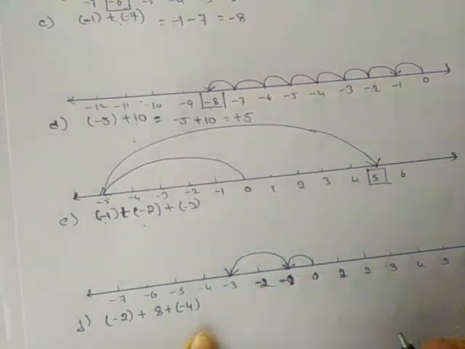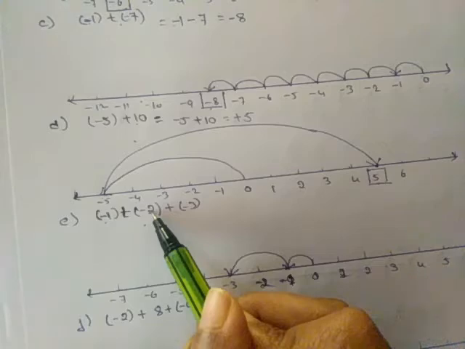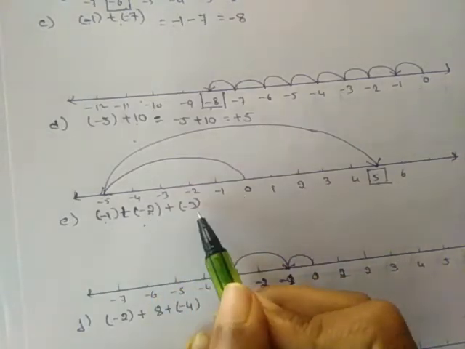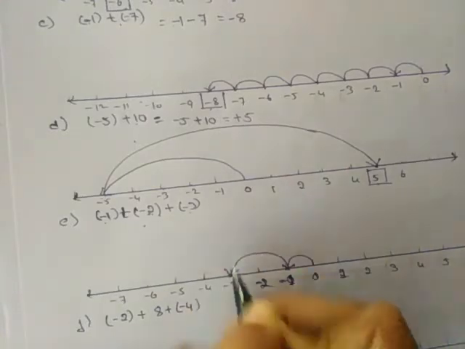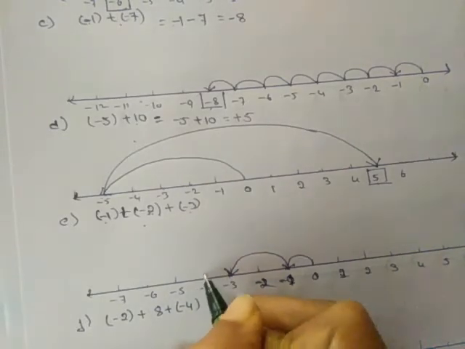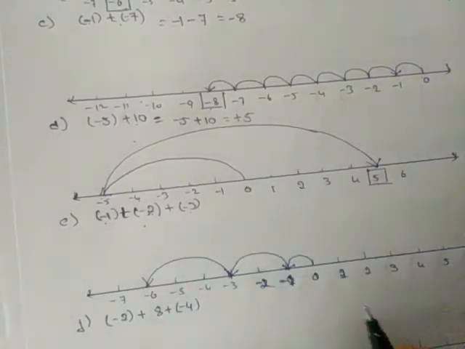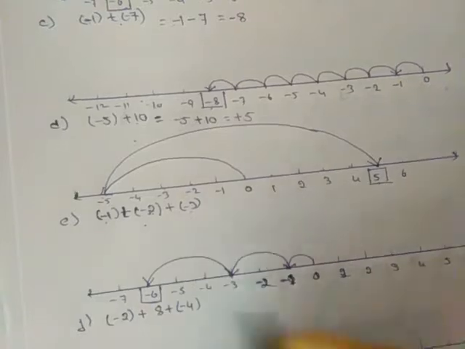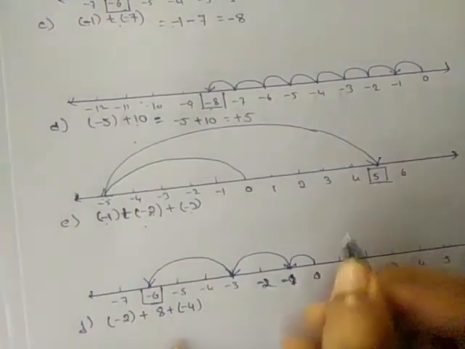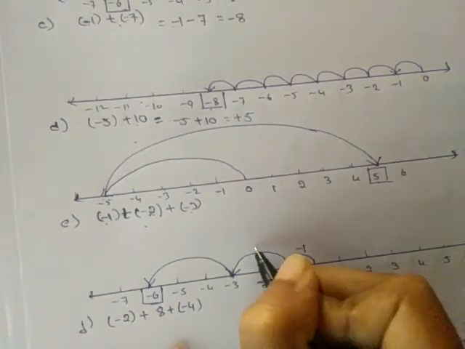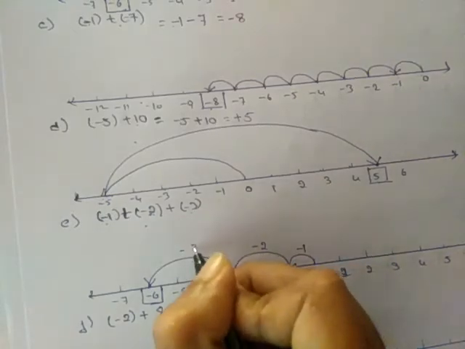Okay. Then again from minus 2, again from this point we need to move minus 3 steps. From here we need to move again minus 3 steps. Minus 3. 1, 2, 3 means we will be here. Okay. Then we are now at minus 6. We'll check it once. This is minus 1. This is minus 2. This is minus 3. Right?